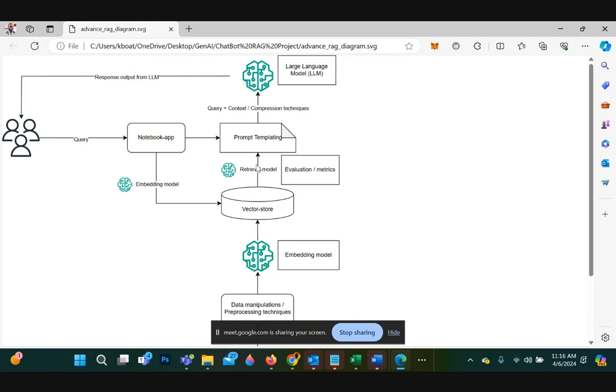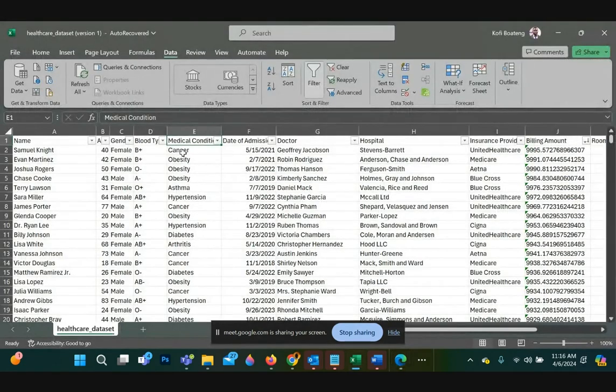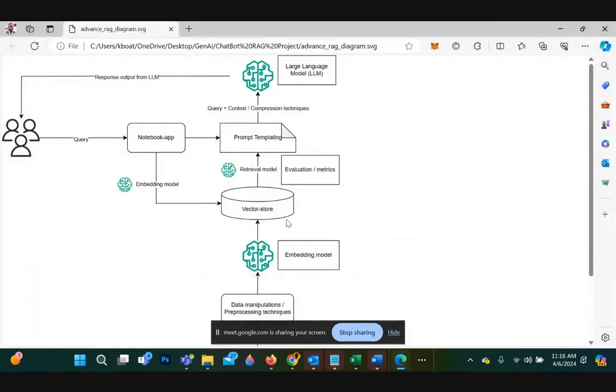So based on our data, we have 10,000 rows. So let's say when you ask how many people have a cancer condition, medical condition, there may be, let's say, 500 rows of data that's returned. So that data is the context, right?